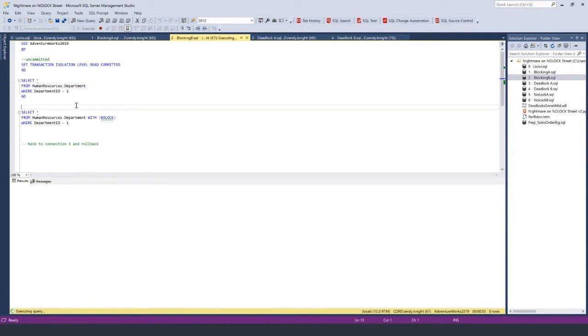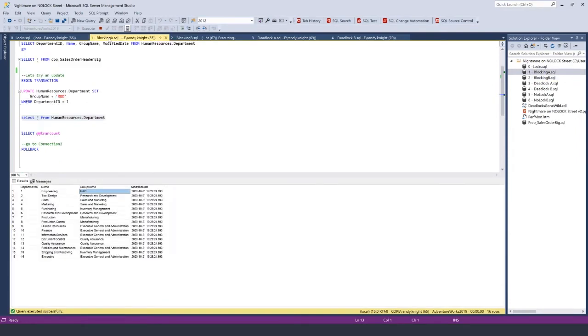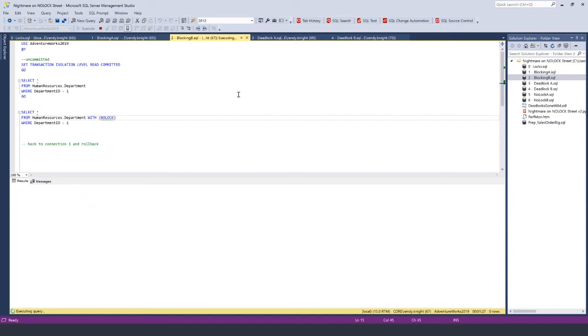That brings us to NOLOCK. One of the things that we call this, when I can read this data and I see the R&D versus research and development, so I see the new data and the transaction has not been committed, is that I'm reading dirty data. It's dirty because it has not been written to disk. It is not permanent. This is not a permanent change to the database until we commit the transaction. So one of the terms for read uncommitted or using the NOLOCK query hint is dirty reads, meaning I can read dirty data. So if I execute this query with NOLOCK,